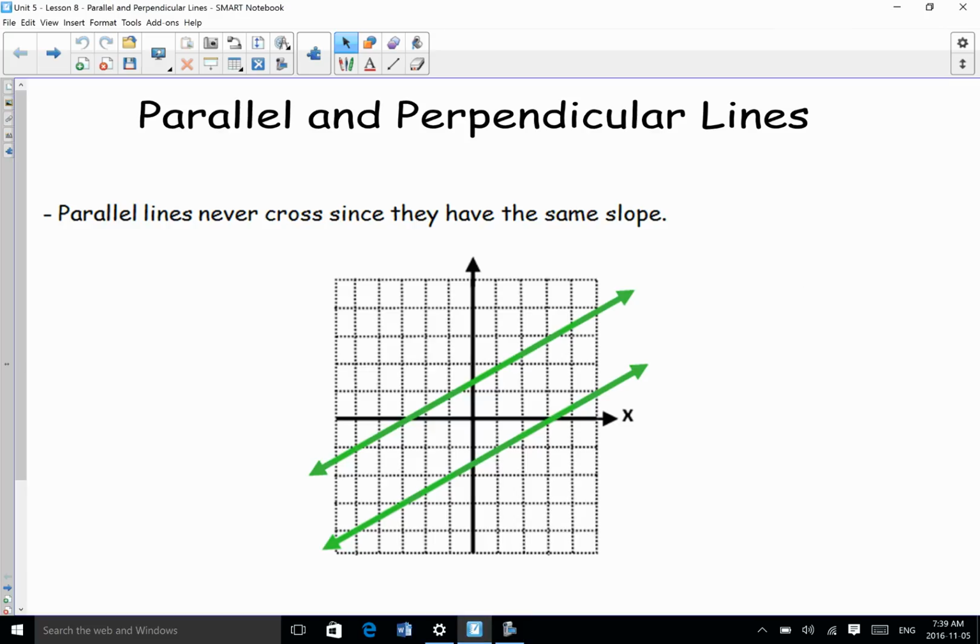In this lesson, we're going to examine relationships between lines, in particular between their slopes. So the first idea we're going to talk about is parallel lines. Parallel lines never cross since they have the same slopes. So we're looking at these two lines,